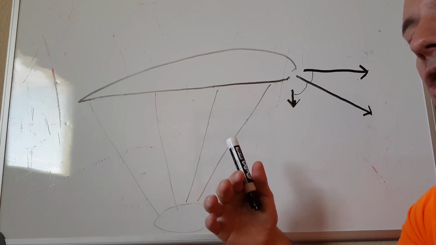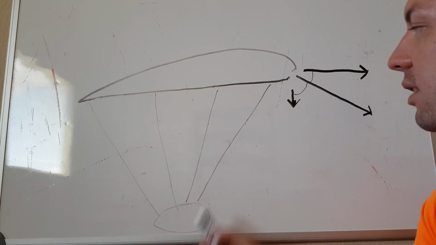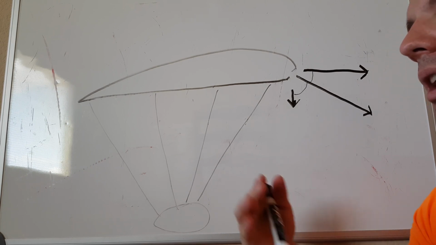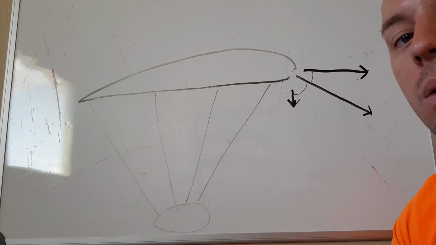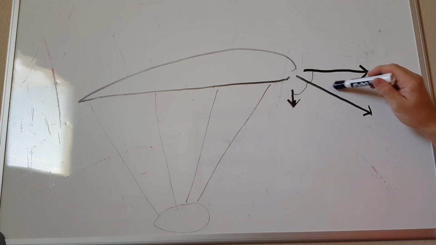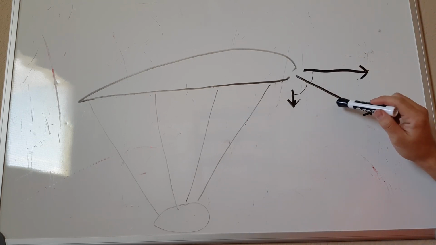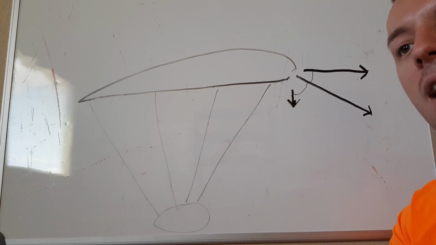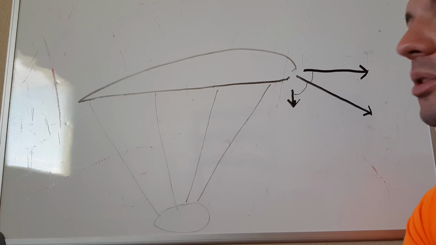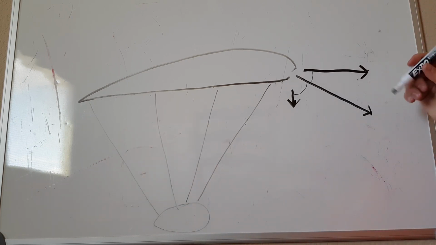That trim speed correlates with an angle of attack that it wants to be at. So they trim the glider to fly at 25 miles an hour, and just imagine in your head that 25 miles an hour is this specific angle of attack here. So the outside factors then come into play. All of a sudden you get a gust of wind that comes from behind you, right? So a gust of wind comes and it reduces